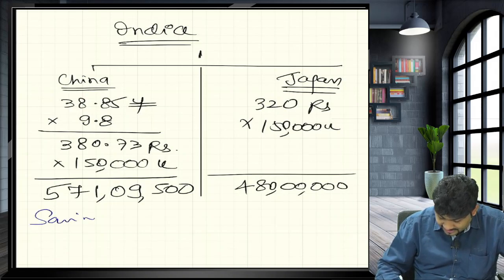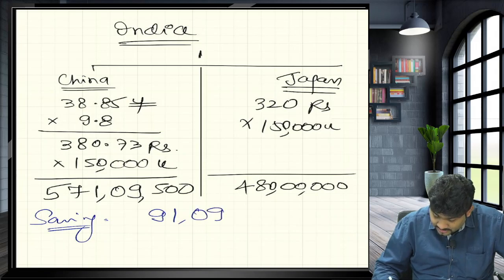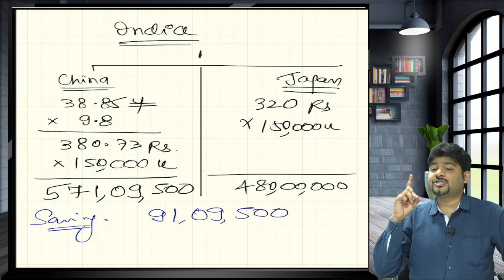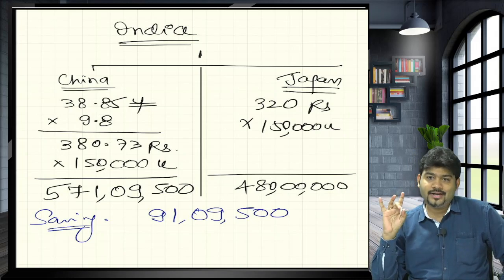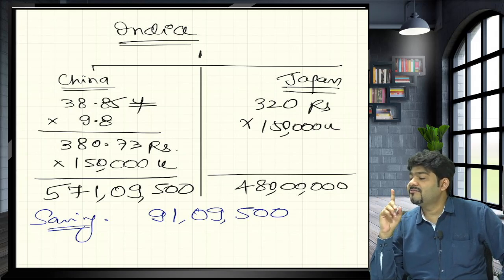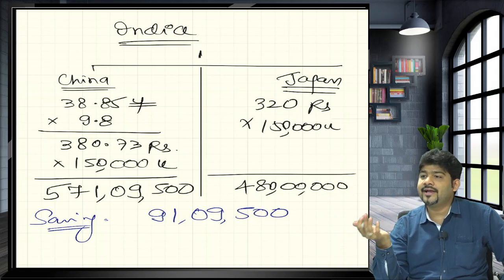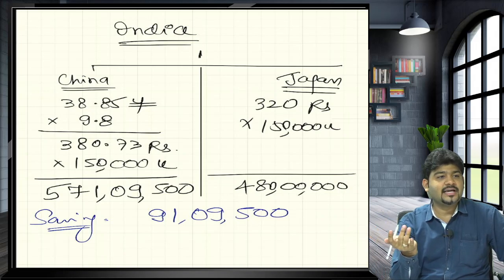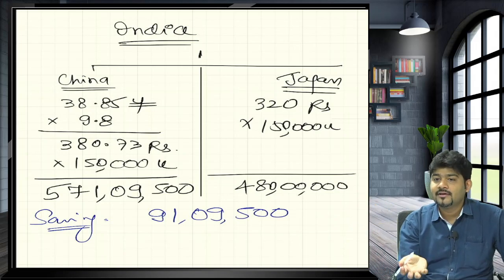How much saving will it result in? 91 lakh 9,500. Yes or no? Who is going to benefit out of this? The Indian subsidiary is going to benefit. Whatever amount you are profiting, remember, you have a silent partner with you. Who is that? The government is ready with its katora. Give tax 34. How much percent? 34%.